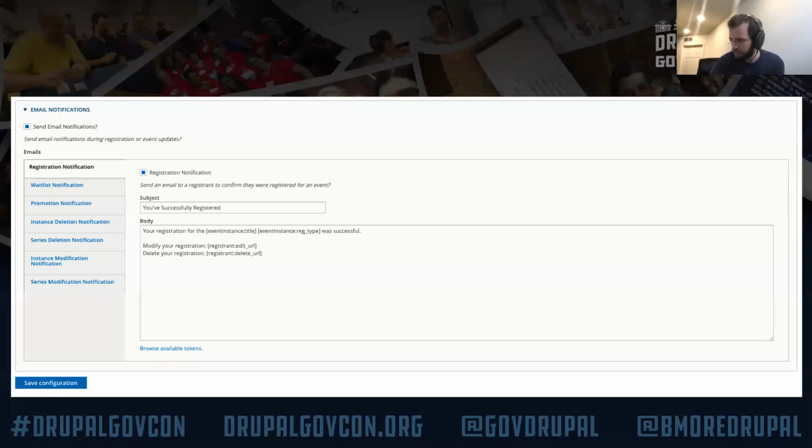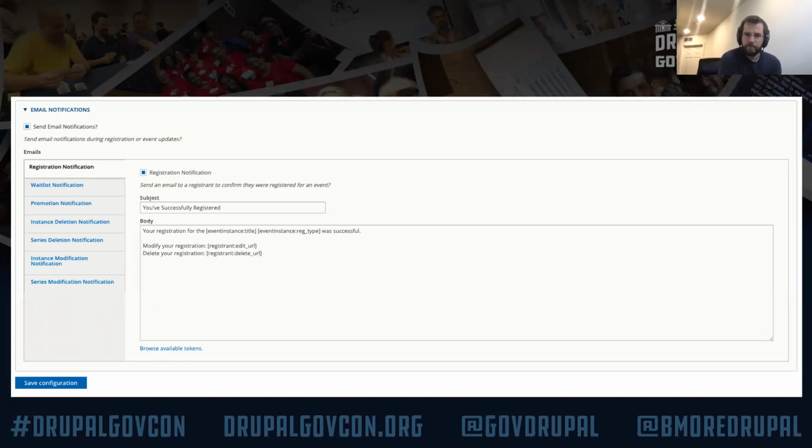They are not nodes. They are their own entity type, and there are various reasons for that. But mostly, the biggest reason is it gives us a lot of flexibility to add relationships between events and event series and event instances. It allows us to tie together event types with registrant types and things like that. So at this point, if you have events in your current site, yes, it would be a redo, and the event views would all need to change because it is a new entity type.